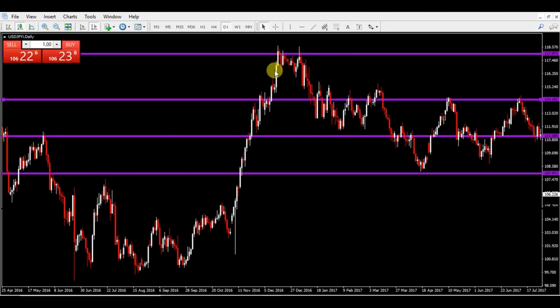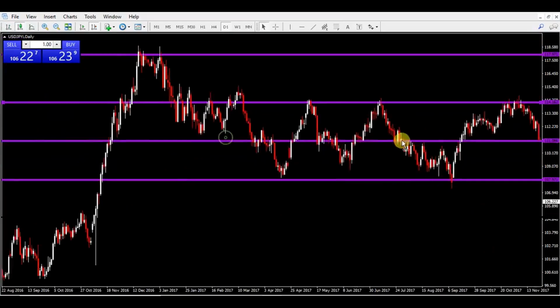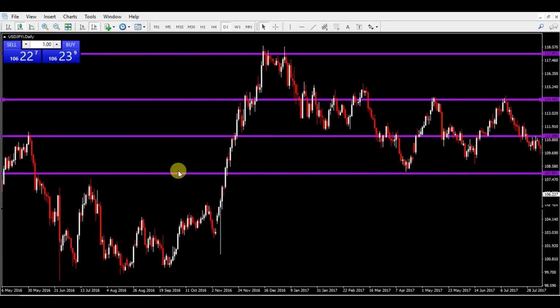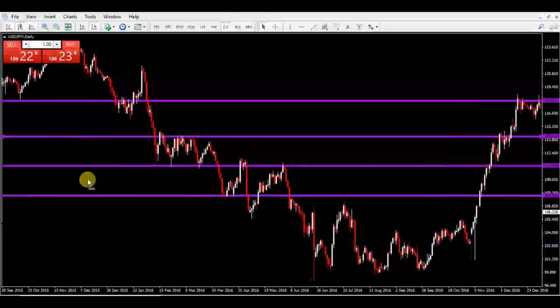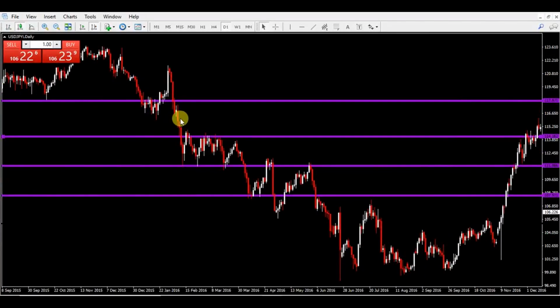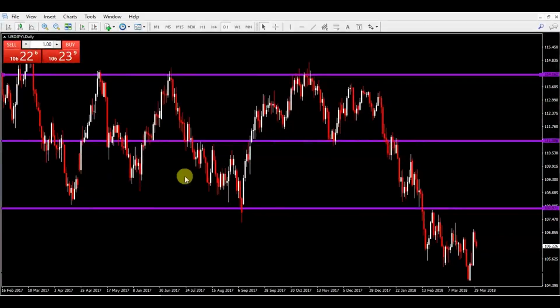So again, very valid way to find support resistance. And let's just scroll back further. Look, you can scroll back forever and price is going to repeatedly respect these areas. Bounce, bounce, bounce. And all I did was, as you guys seen, off the higher time frame, daily and weekly,